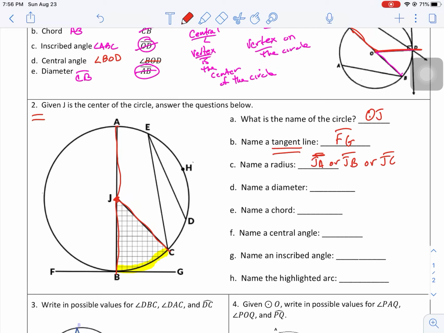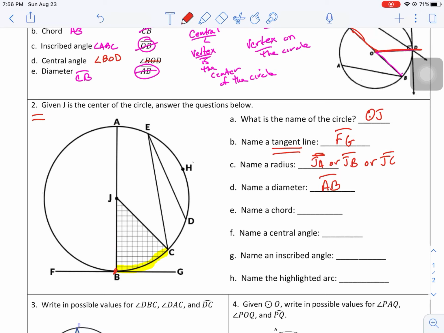So you're only going to have to put 1. So cleaning that up again, I'm going to come back here and the diameter, well, there's only 1 diameter, and that goes from endpoint A through the center to endpoint B. That was pretty simple. Now it says name a chord, and I will tell you there are 3 different chords